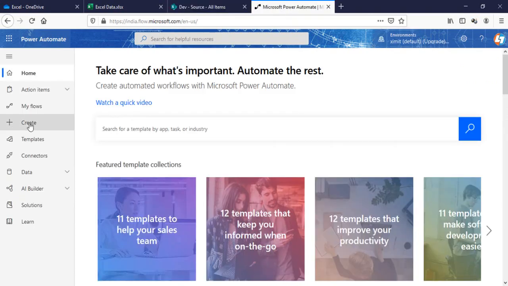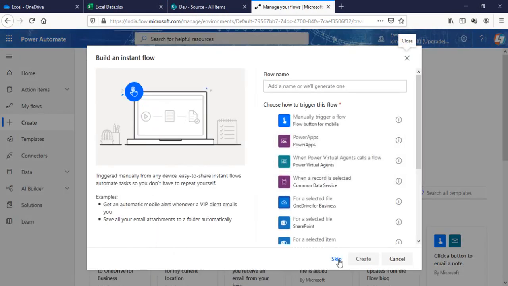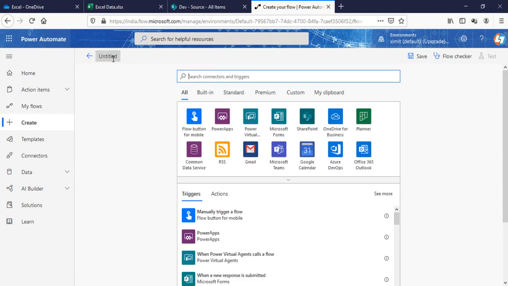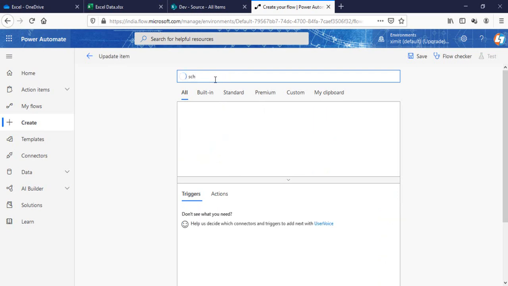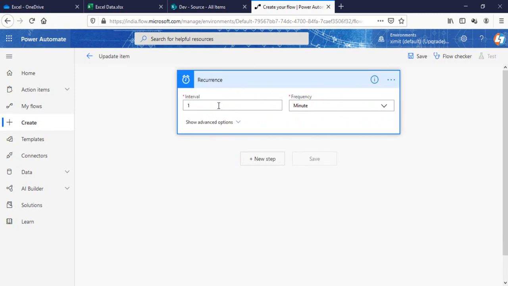I'll go in my Power Automate. I'll click on Create here, Instant Flow, and I have to schedule this particular workflow. So I'm going to name this workflow update item and just type schedule here. Recurrence interval will be every day. I want to run this particular workflow